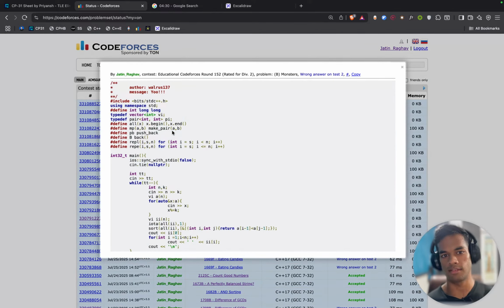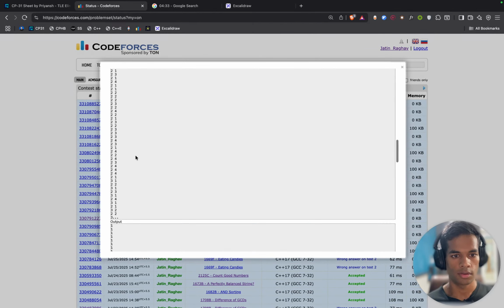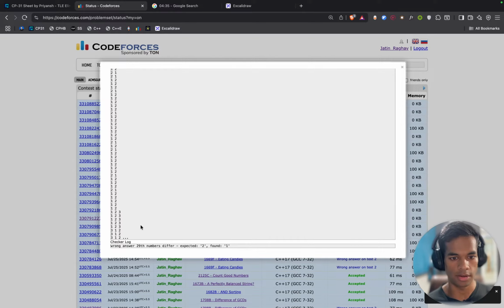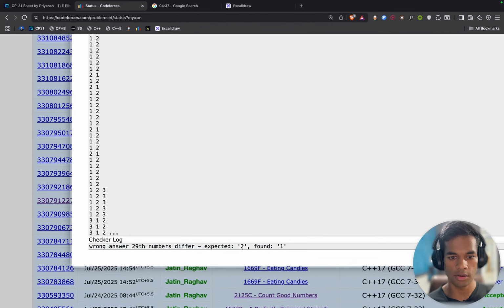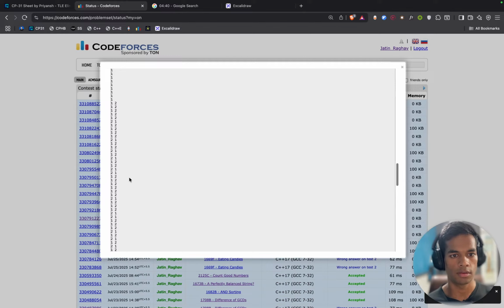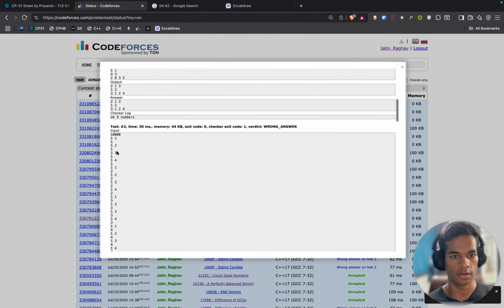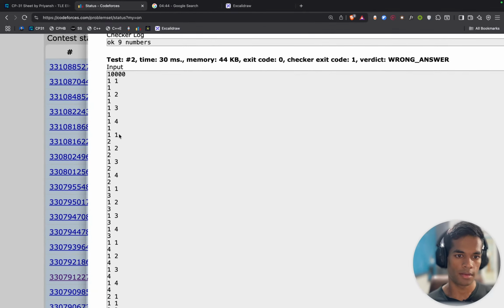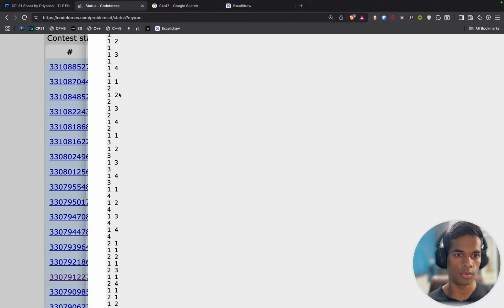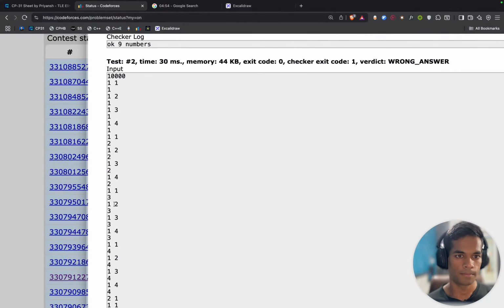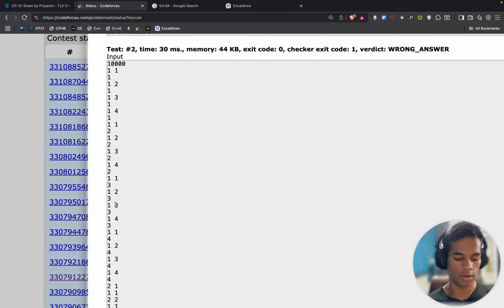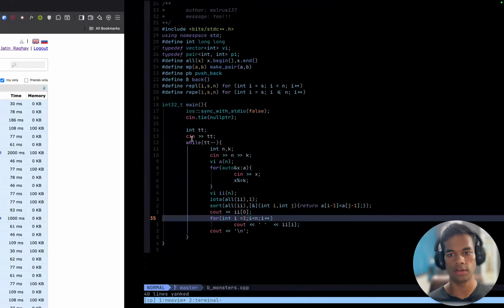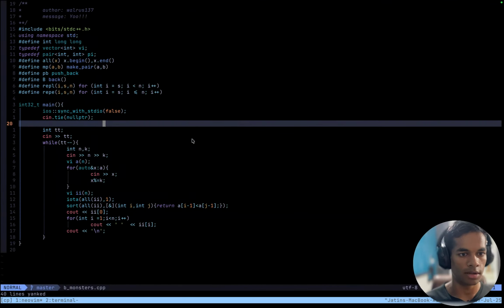Wrong answer is very wrong. No, no, no. I didn't expect wrong answer. Expected 2, found 1 on 29th. 29th. Goes till 4 and 4, 8. I could either go and find the 29th like this or 1, 1 and then K. Ah, I would have to do that thing for getting